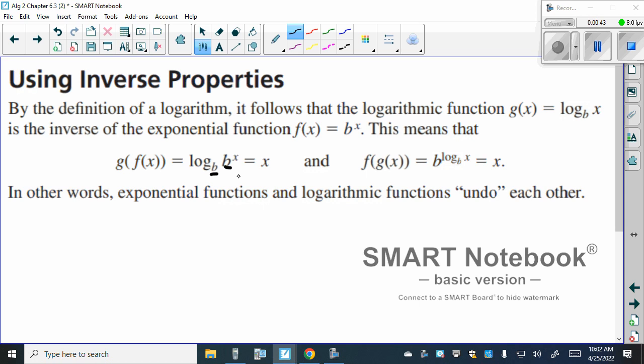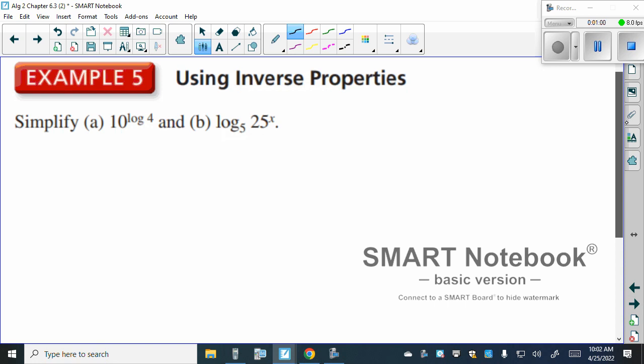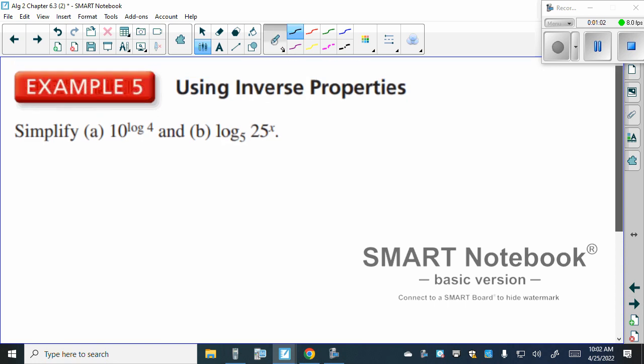We can say the same thing with b to the log base b. When we put a power and the base of the log are the exact same, they simplify out, so what's inside the logarithm will be what it's equal to. They undo each other. When we look at an example of this, it'll make a little more sense. So if we look at the first one here,